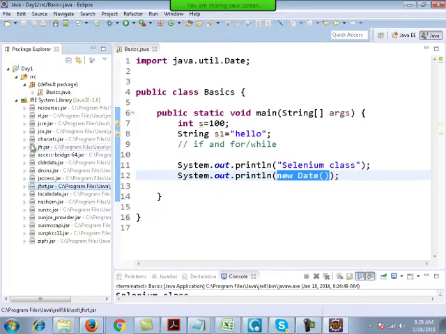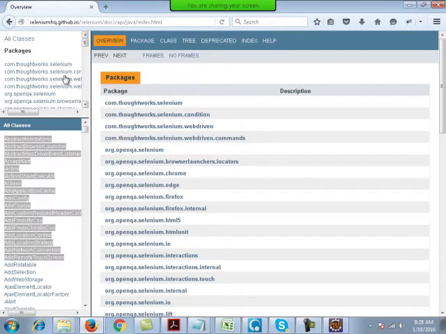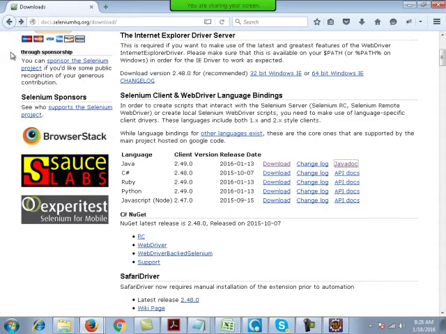Okay, these Selenium jar files are provided by the people who made Selenium, ThoughtWorks. Selenium is not installed. It's configured in your project. You need to download it. When you download it from this download link, you will get all the jars for the current version, which is 2.49 for the WebDriver.